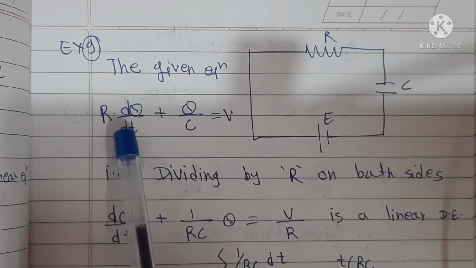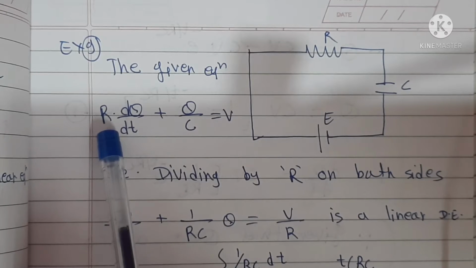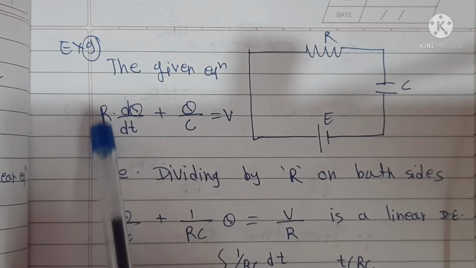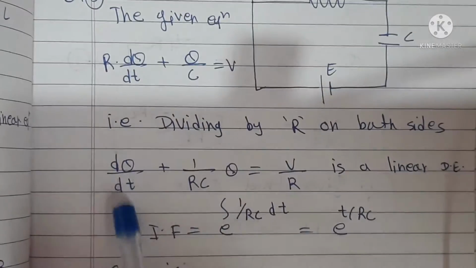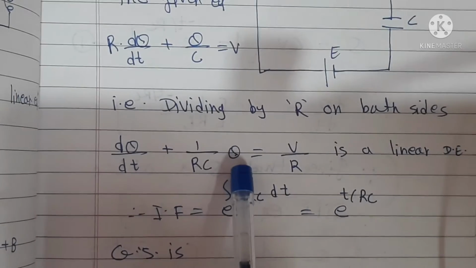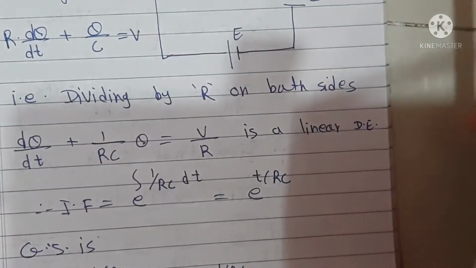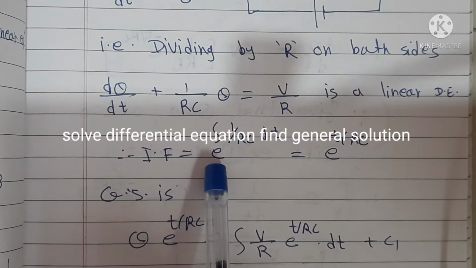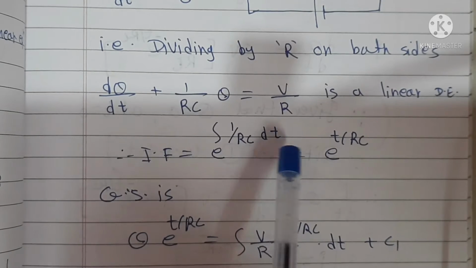Now with the differential term, the R is there. In the linear differential equation, the differential term is alone. Therefore, we have to cancel this R. For cancelling R, divide the whole equation by R on both sides. Therefore, dq/dt + (1/RC) Q = V/R, which is a linear differential equation. Now the integrating factor is e raised to the integration of 1/RC dt,